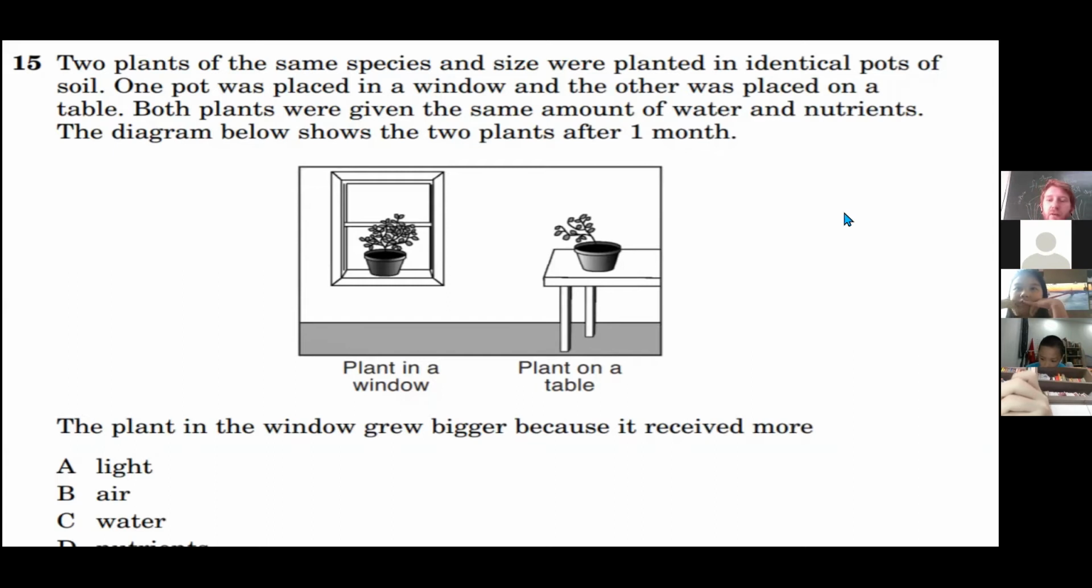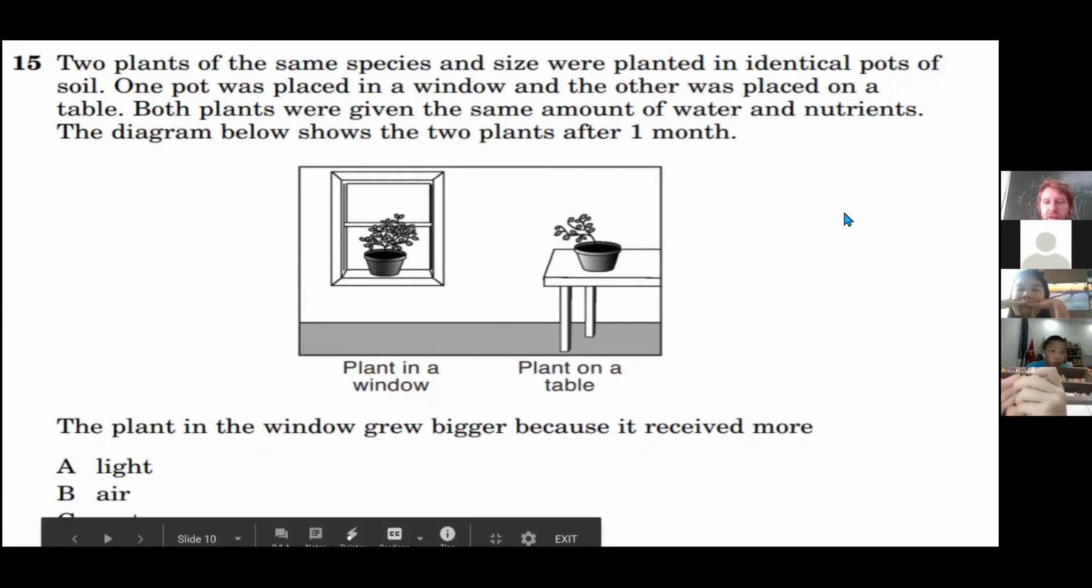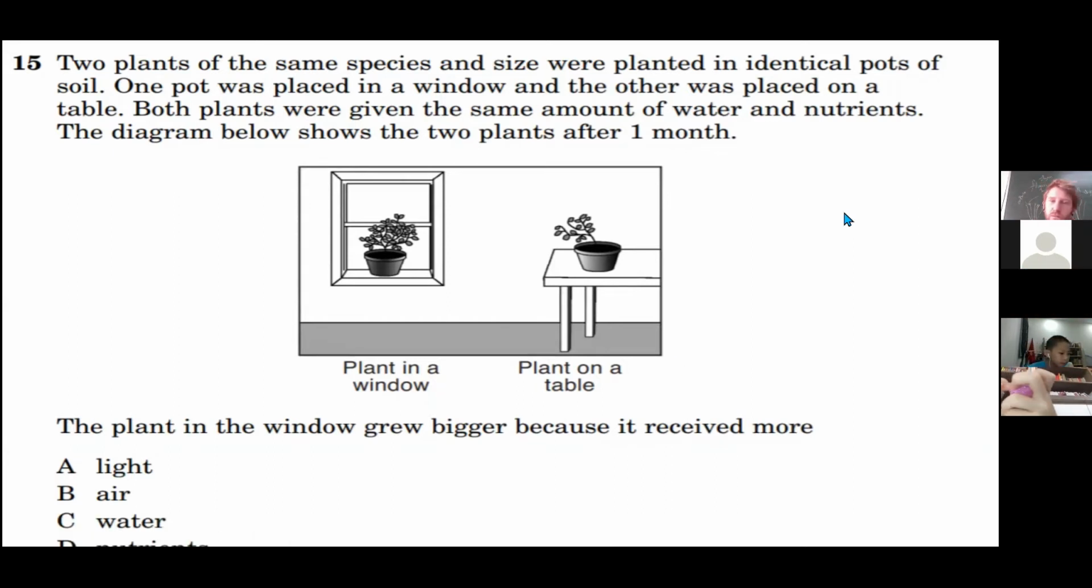Now, what does the word species mean? You can tell me what that word means. Species is a type of animal or plant. Okay, give me an example of some species. A cactus. Cactus, okay. Give me an example of an animal species. A dog. Okay, so if a dog is a species of animal,